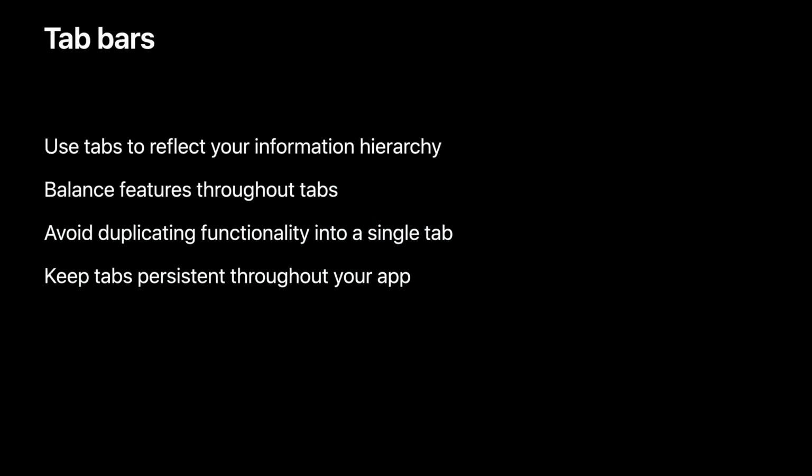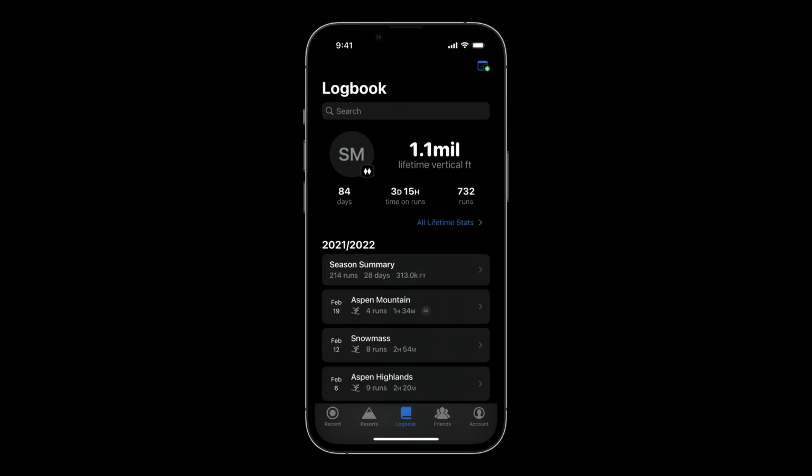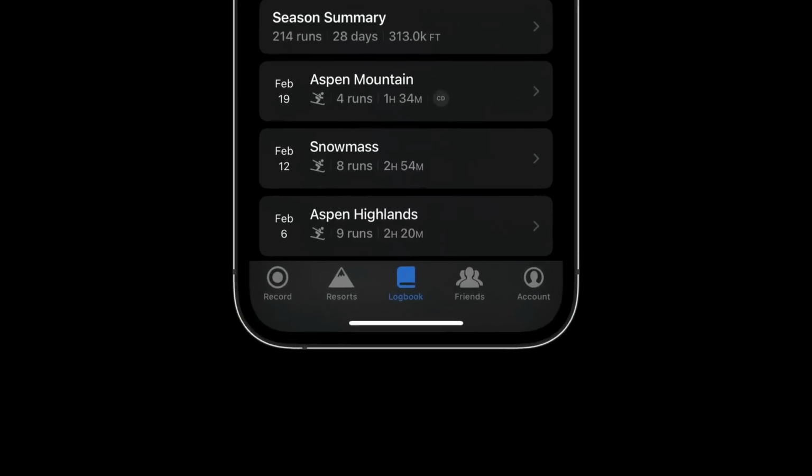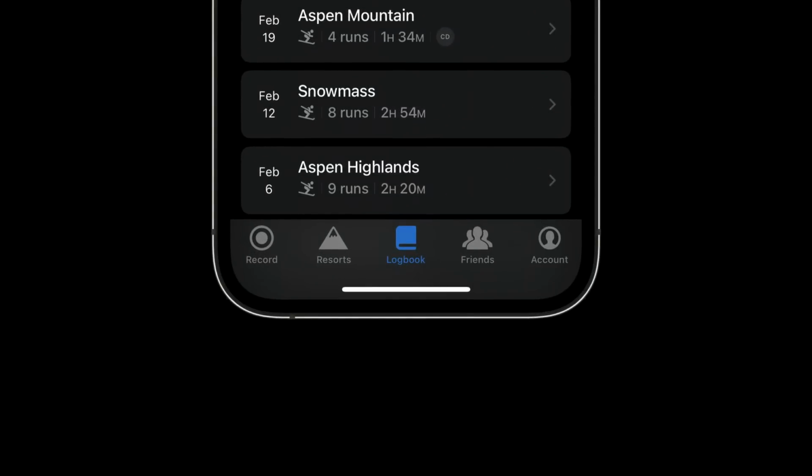Finally, all of the work you invest in a solid information architecture should be honored with clear and concise labels. Let's look at an Apple design winner from the interaction category this year. This is the Slopes app. I think it's so great that when you launch the app, you land on the middle tab, which is your logbook with your season stats. The other tabs are specific, they're easy to understand, and I have an immediate sense of what the app does and how to use it. At a glance, this is because the labels are representative of the content. Record a ski day, browse resorts, compare stats with friends. They all represent core functionality with a succinct label.